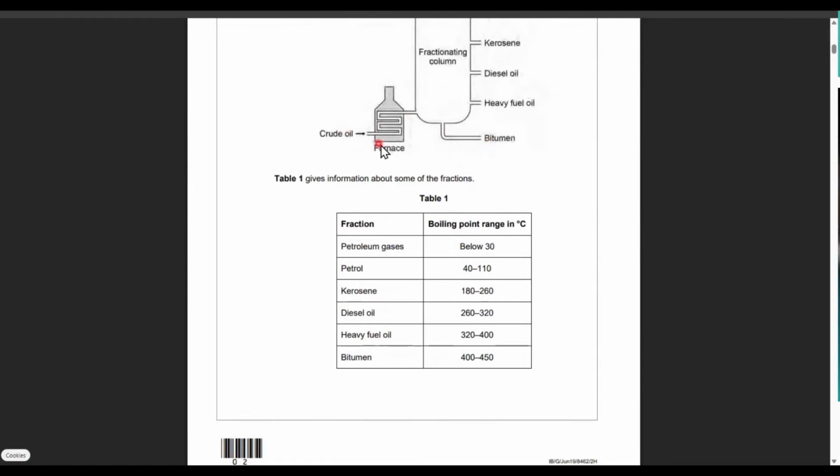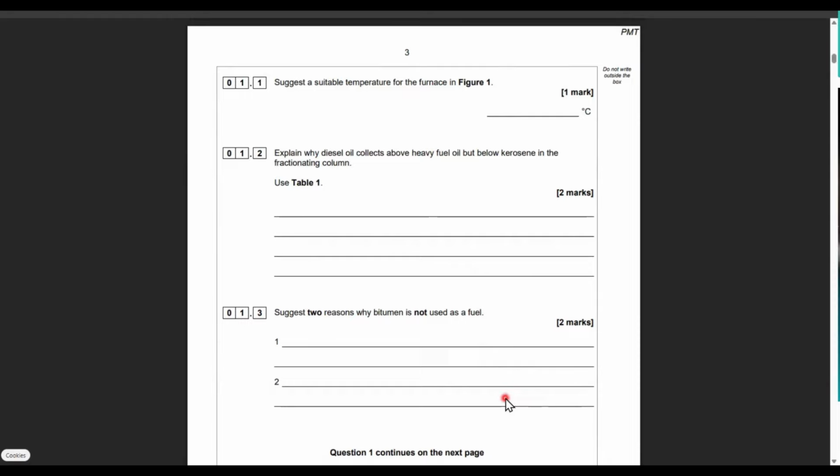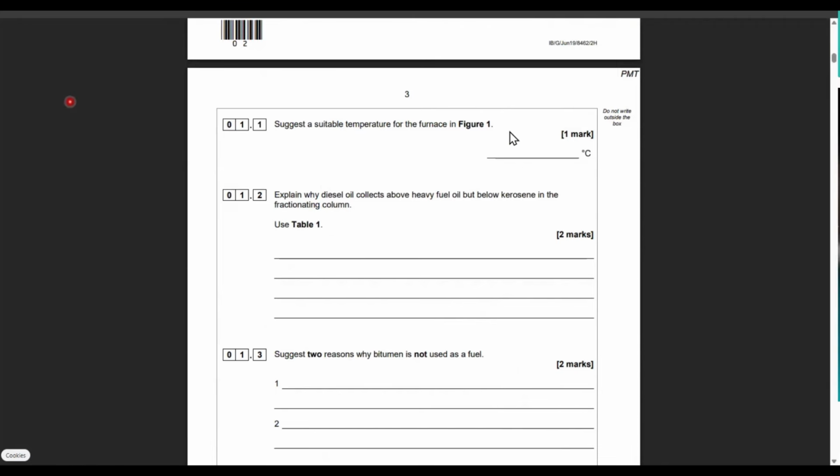All right, I'm going to go through it. So you see the crude oils coming in the furnace. We want it to vaporize, to evaporate. And we can see that bitumen vaporizes at 450. So if you want it all to vaporize, you want it to be like 500, something like that, above 450. Yeah, I mean, really, you just need the heavy fuel oil to vaporize because the bitumen comes off as a